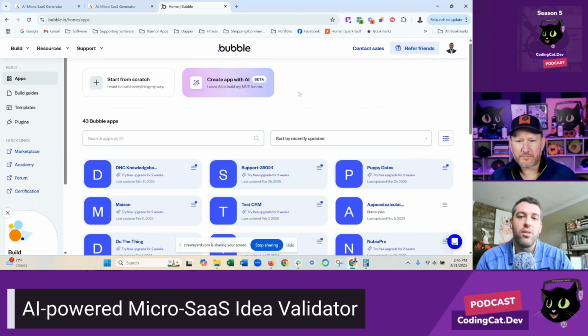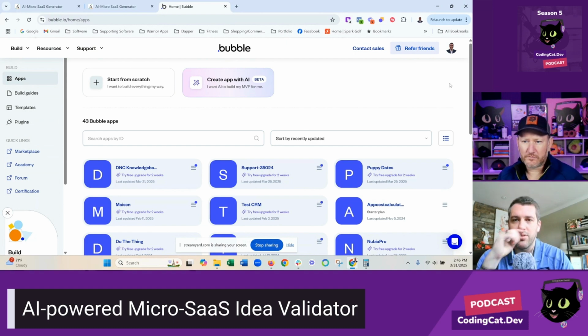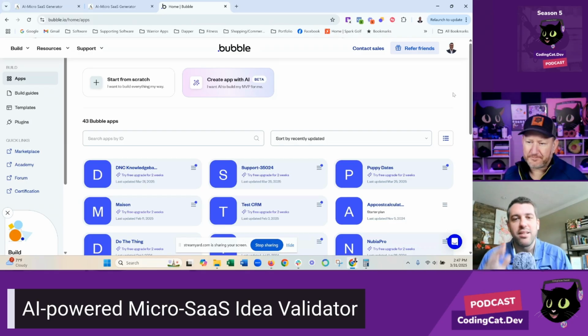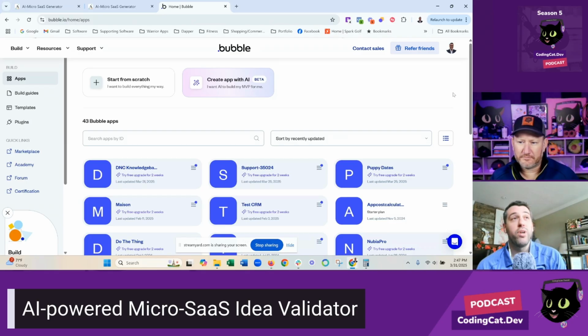What Bubble's doing, I know later on this year, they actually have a thing. I think next week they're going to do an Ask Me Anything, where they're going to say, okay, now that you've created it with AI, you can go in and say, hey, this list isn't populating the correct information, or I want to add another filter here. It's all prompt based building. Yeah, it's completely awesome. Honestly, I'm really, really interested to see how and if that's actually going to work.